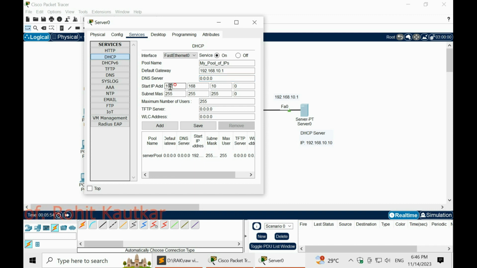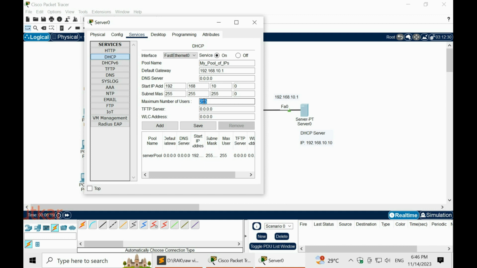Now here you can see we have to specify the starting IP address from where our pool should start. So here you can see we have the value 192.168.10.0, and this is the subnet mask for the specified IP address. Here we can specify how many IP addresses we want, or how many users we have.